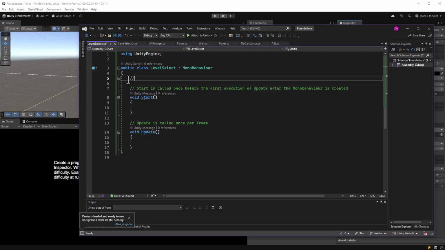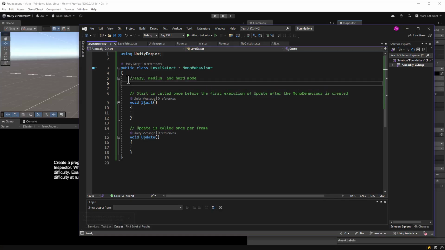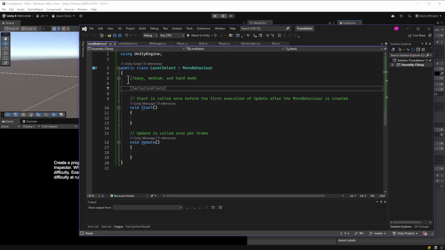Now we know that the concept of easy, medium, and hard mode do not exist. So we have to define them as variables. And the question is, what kind of variable do I put here? Is it a bool? Is it an int? Is it a string? And this is where you as the problem solver can decide how you want to